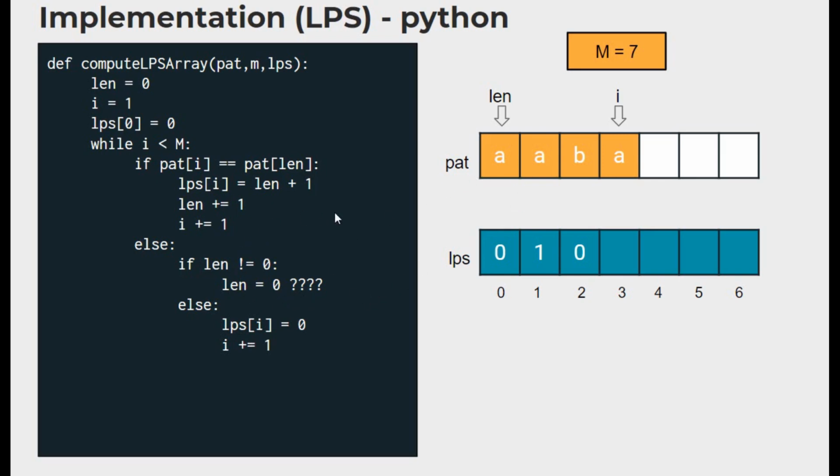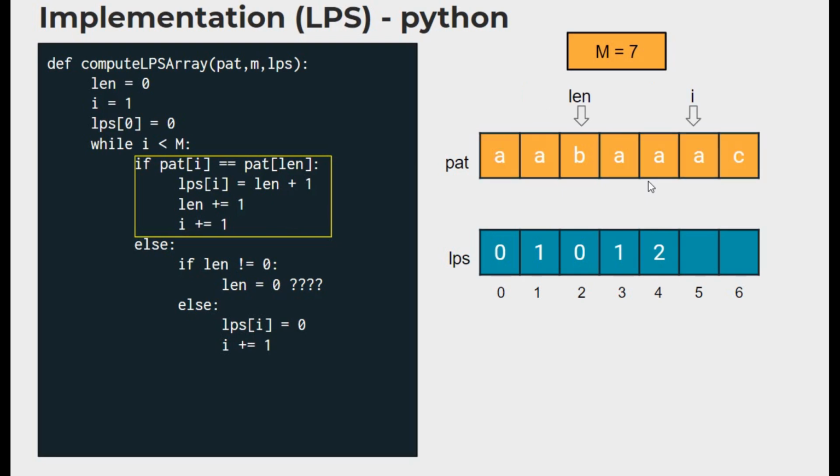Let's just continue with this code. On comparing these two, there is a match, so this code will be executed. Length is now 0, so when we add 1, we get a 1 here, and it is correct. We increment both the pointers. On comparing these two, again they match. Length plus 1 is 2 now. And it is correct because now the length of the prefix that is also a suffix is of length 2, and our code is working properly.